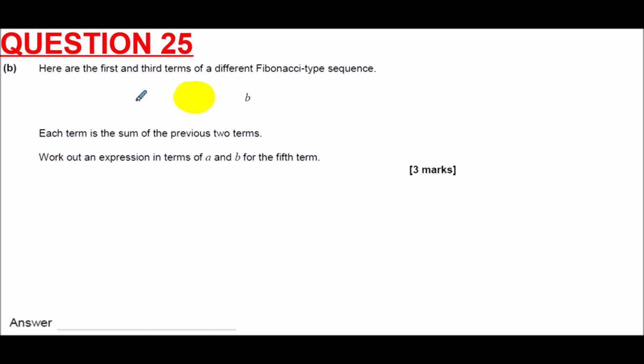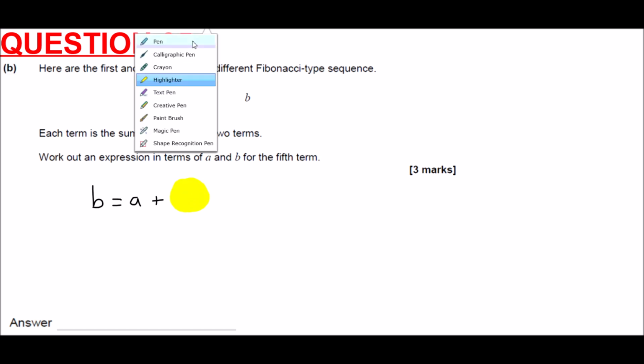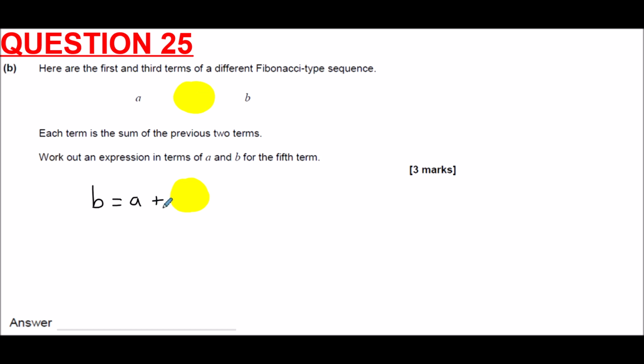B is these two terms added together. So B equals A, which is the first term, plus the second term. So we can work out what the second term is. We want the second term on its own. So if we just get the A to move away from it, so we've got the yellow thing on its own,